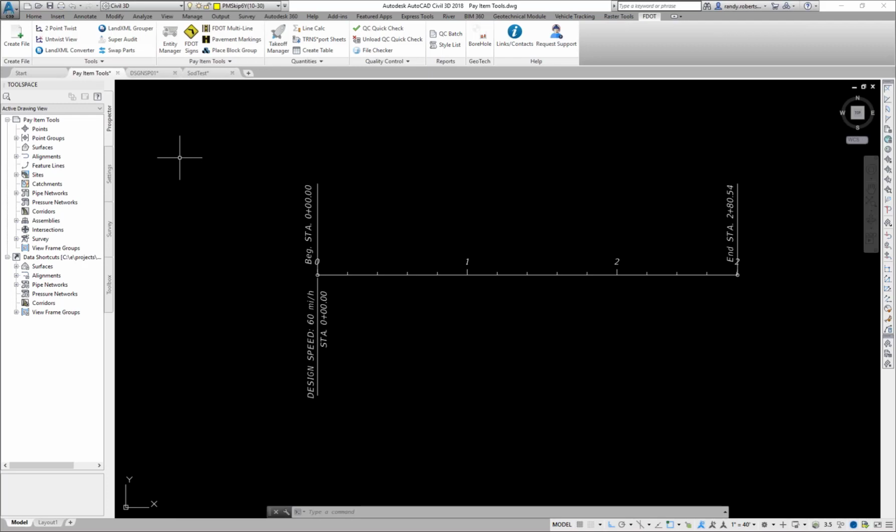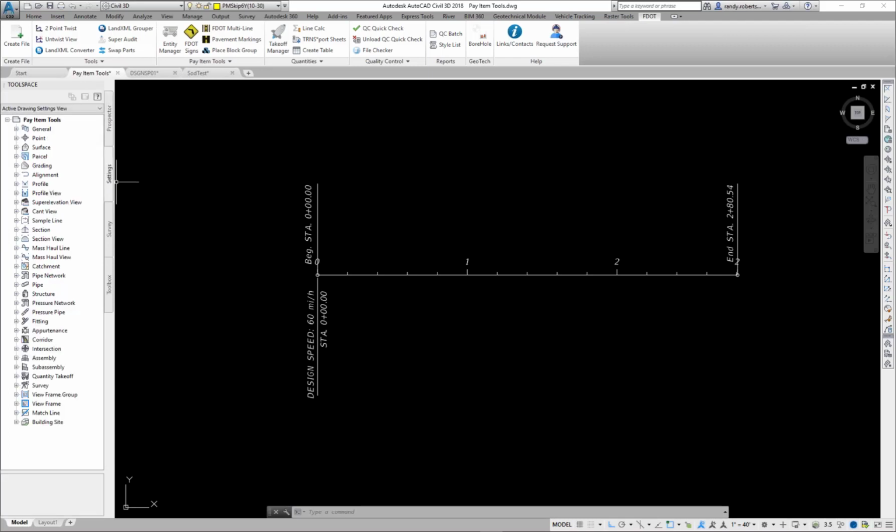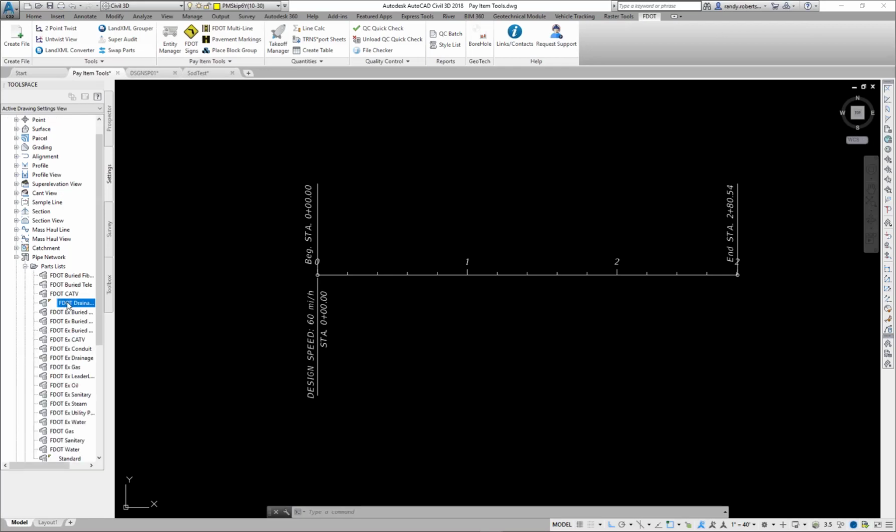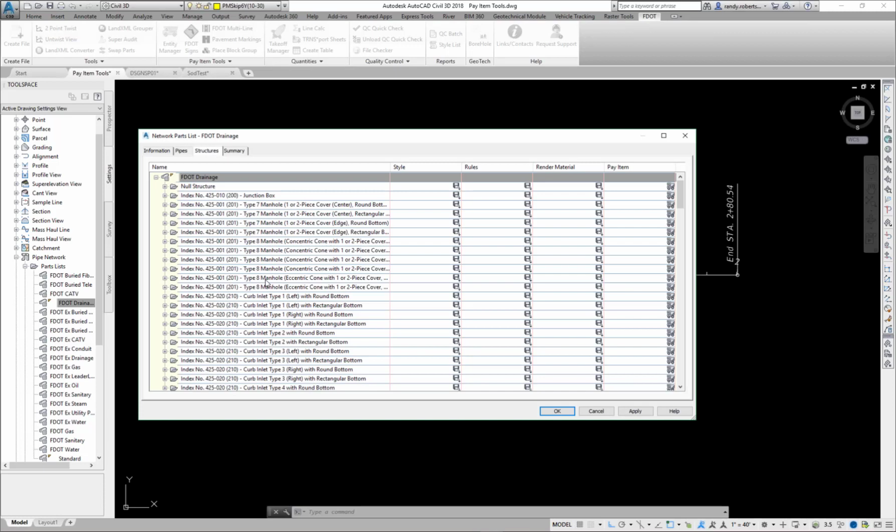Now, what I'm going to show first is concerning our drainage parts list. So I'm going to go to toolspace settings, to our parts list, and edit the FDOT drainage. On the structures, you'll notice that the index numbers have changed. We do have an older reference number here, 200, 201, 210. If you're very familiar with those, it'll help you navigate to the new numbers,